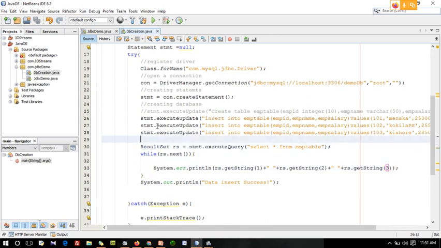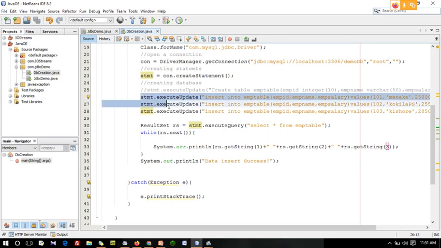Now for this execution, please listen. Shall I leave these statements like this, or do I want to comment them? If I leave these three statements without commenting, again all these records will get inserted in your database.